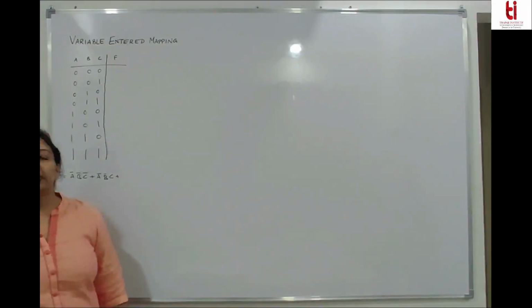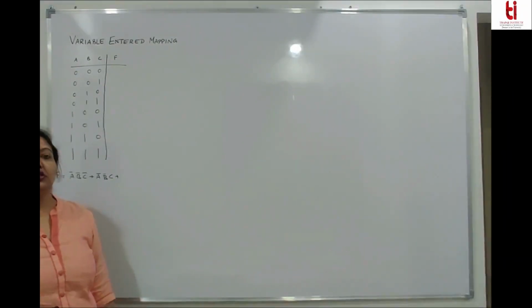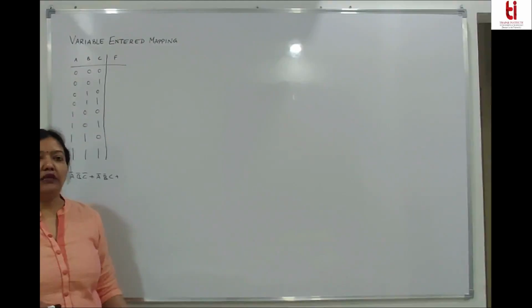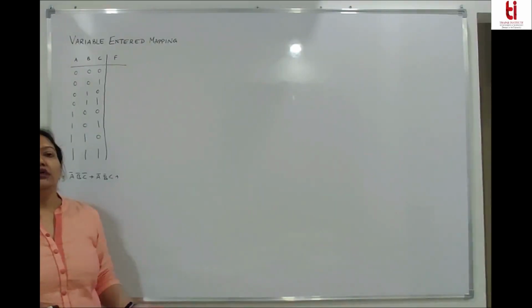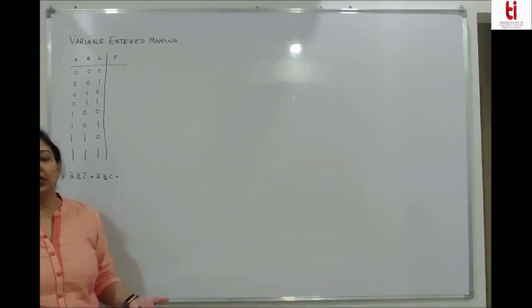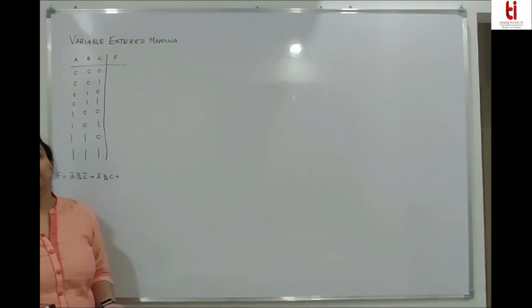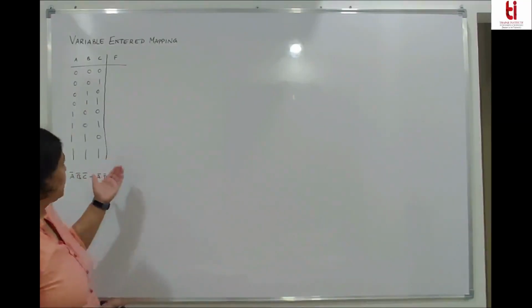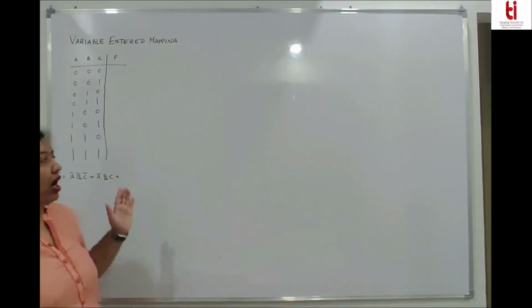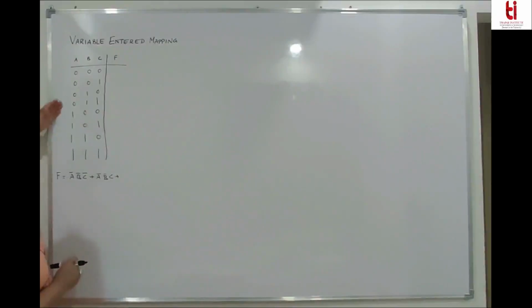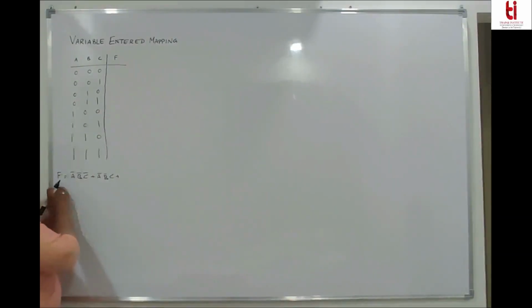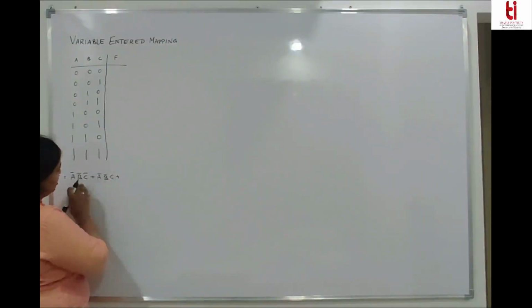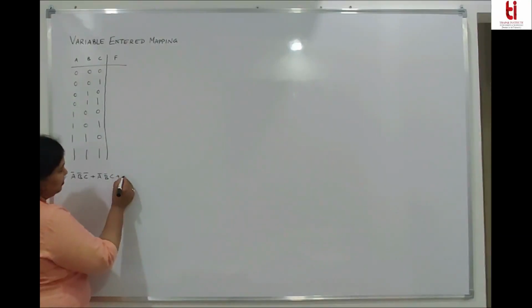Variable entered mapping method is a method which adds a dimension to the K-map method, in which you can plot the K-map easily and read it easily. This is the main purpose of this variable entered mapping method. So let's have a 3 variable function, and this is what all possibilities are there in a function. Now we know that function is written by these main terms